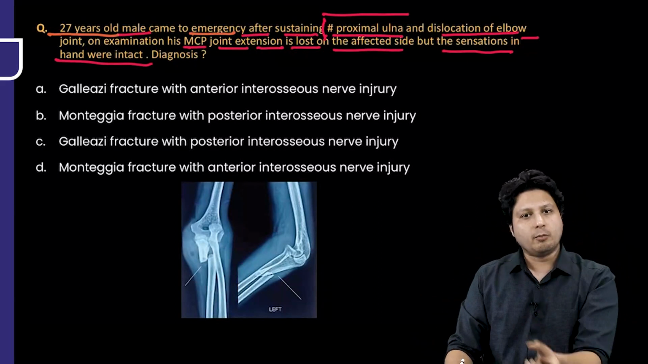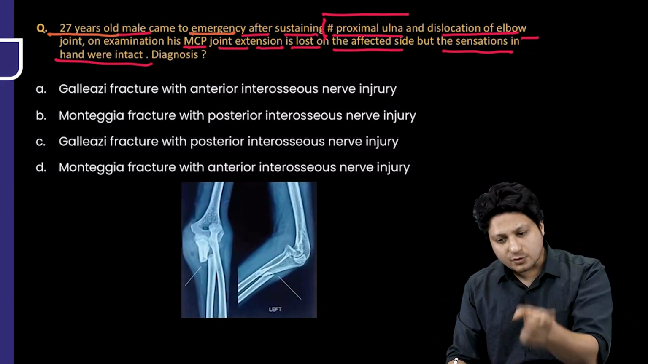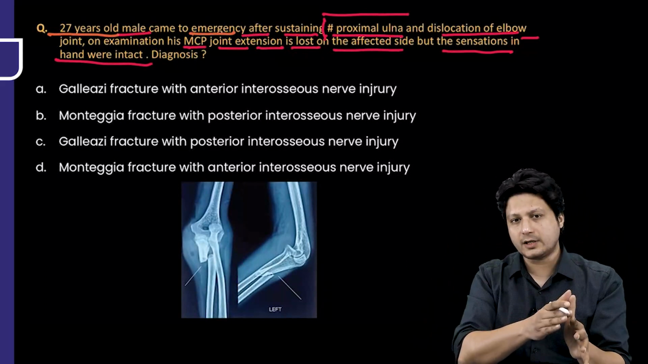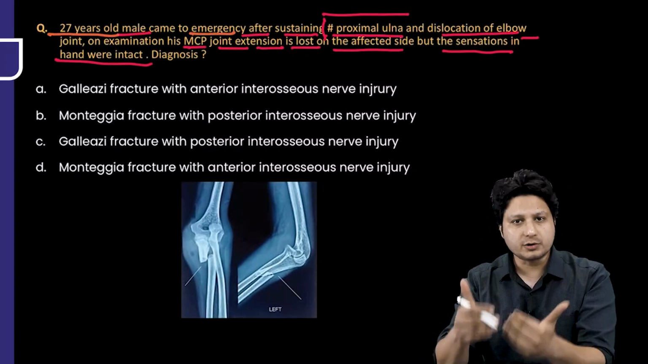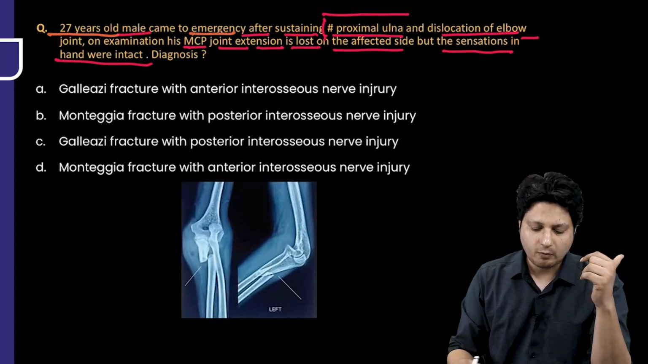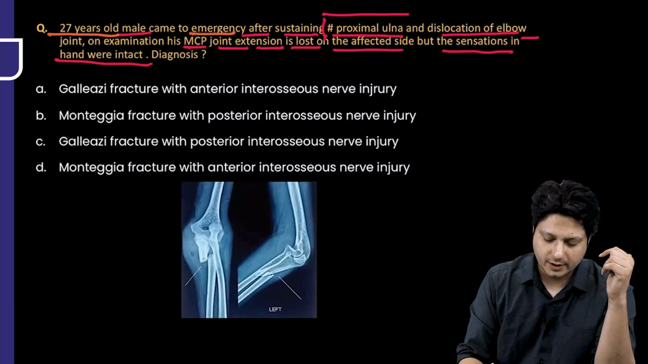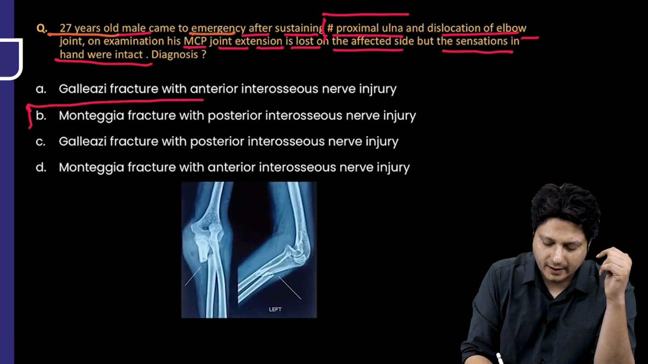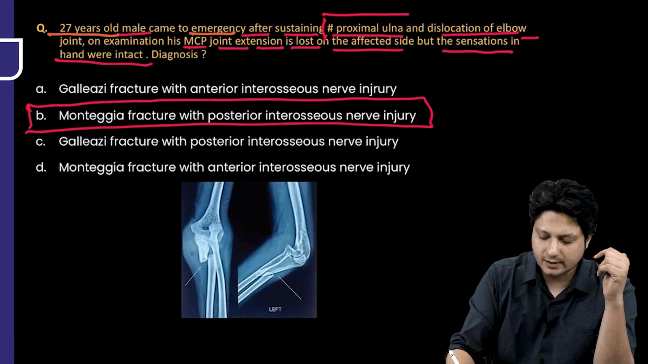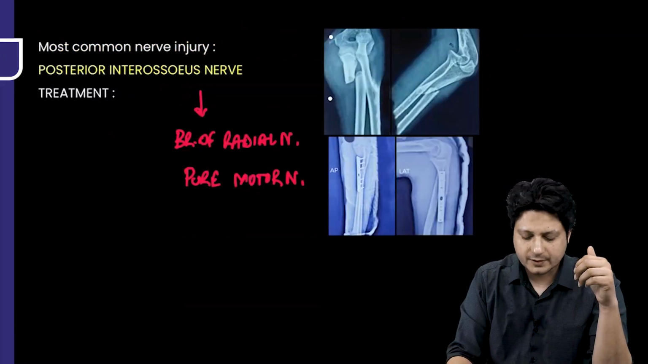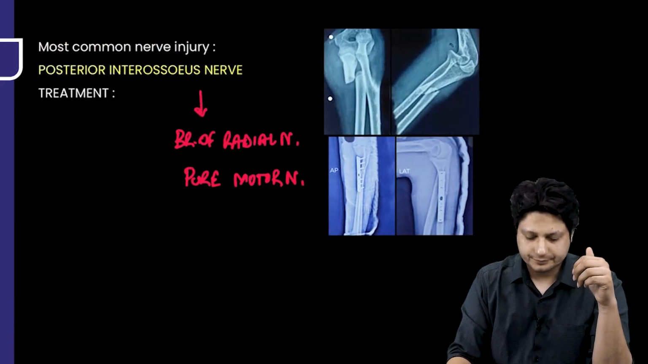That means it is Monteggia fracture dislocation associated with the most common nerve injury associated with Monteggia, that is posterior interosseous nerve injury. What is the diagnosis? So, the answer for this question is Monteggia fracture with posterior interosseous nerve injury. Alright. Next comes the management of this